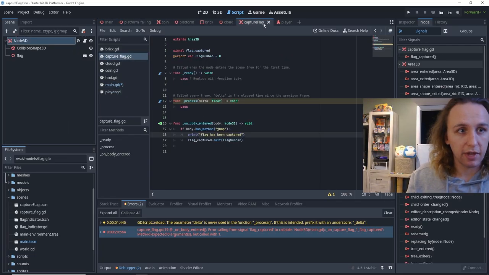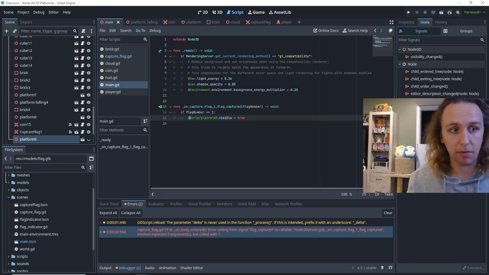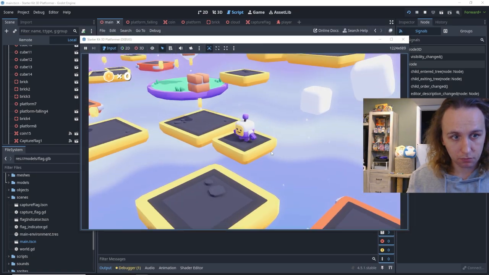So we do know that from the capture flag script, we're emitting our flag number. So in the receiving function, we also need to accept the flag number. And in this case, we know that if the flag number is 1, then flag number 1 is associated with making this platform visible. So let's go ahead and launch our game, and we see